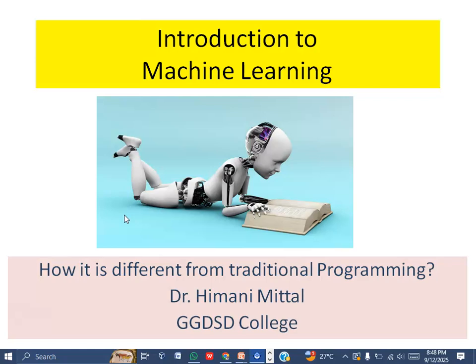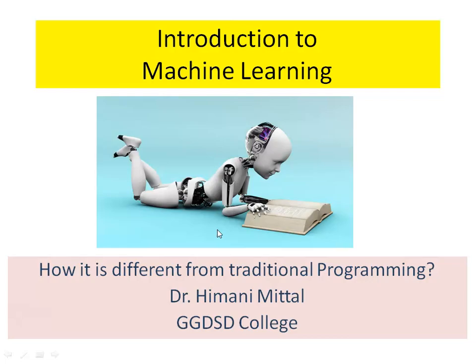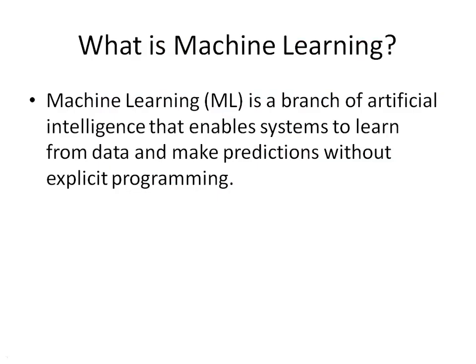So that is what differentiates machine learning, and it stands out because in the huge amounts of data, we are going to look for the patterns and we apply various methods of machine learning, which I will be covering in the subsequent videos. So if you want to formally define what is machine learning, then machine learning is a branch of artificial intelligence that enables the system to learn from data and make the predictions